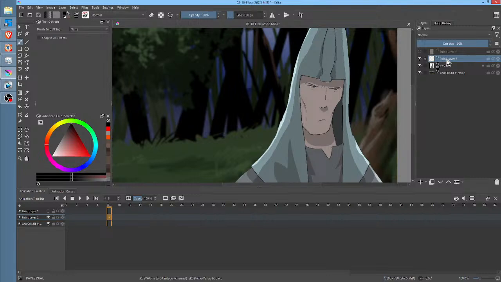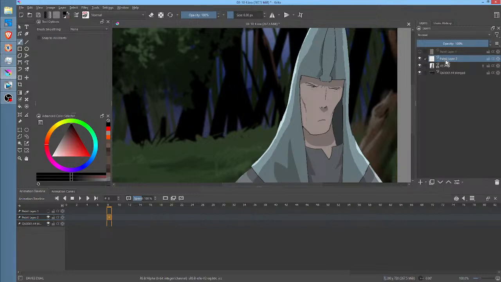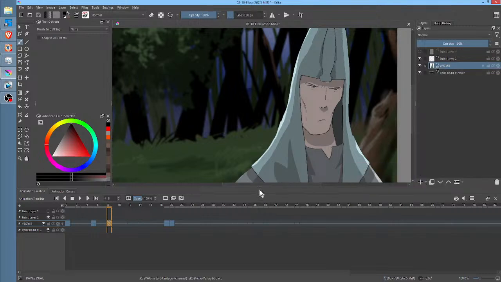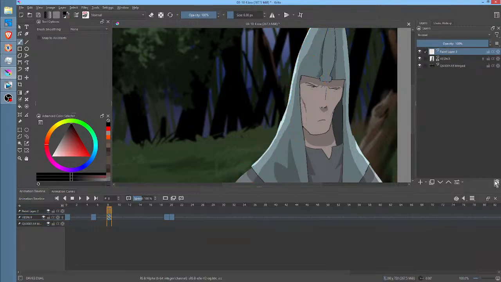Is there a setting in Krita that says, by default, anytime I add a new layer, any layer by default is pinned to the timeline? Because right now, by default, they're not. Admittedly, there are situations where you don't want layers cluttering the timeline. But generally, in my experience, you want them pinned.